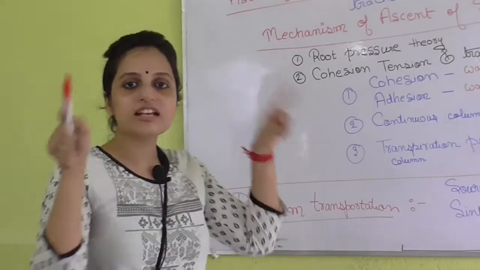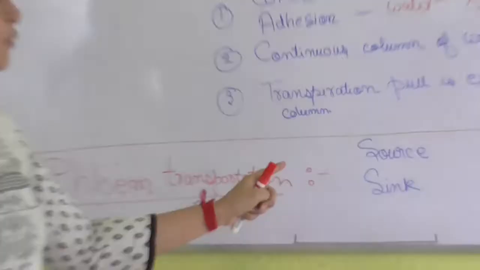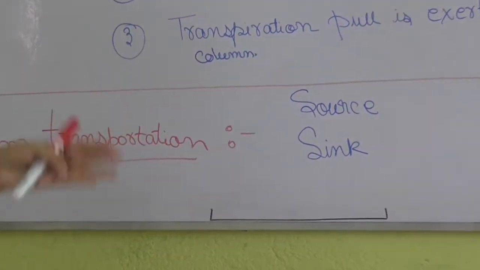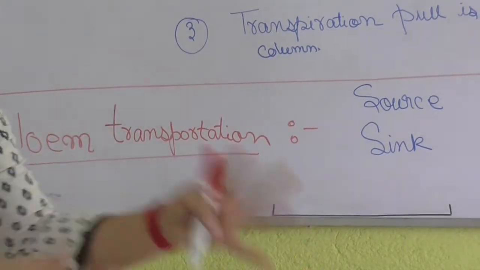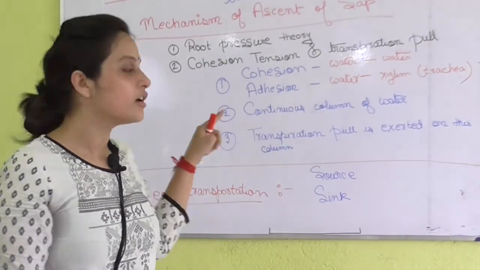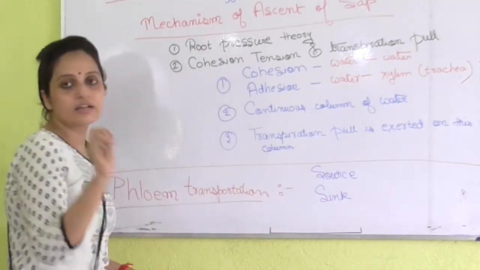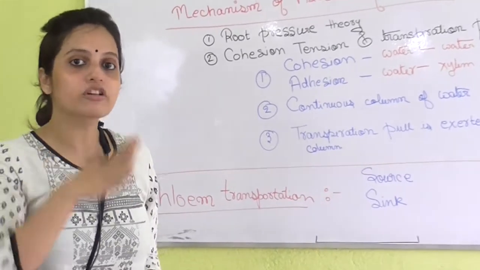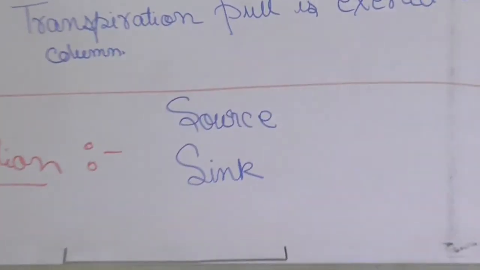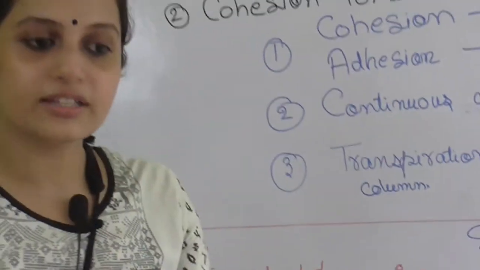And the last one of this transportation system of water by the root is the phloem transportation. All the transport we have studied, diffusion, osmosis and everything, these are under the xylem transportation, how the water is taken from the soil. Now we are going to study how the food is transported in the phloem. There are two names which you have to remember. That is source and sink. What is source? Source means the leaves are making a lot of food. So it is a source of the solute, I mean the food that is made.